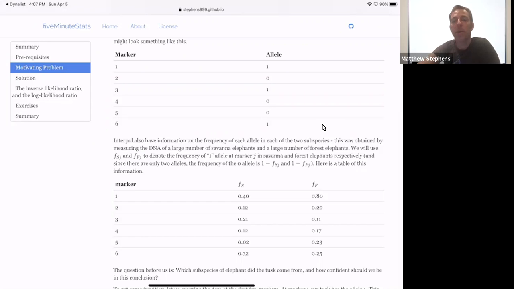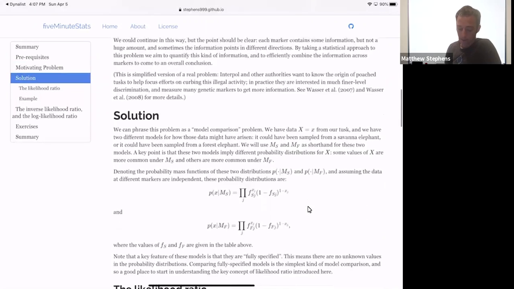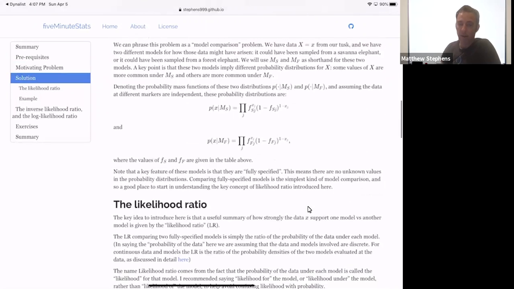So the modeling assumption I'm going to make is that the data at the 6 markers are independent. And that if it came from a savanna elephant, then they will come from these frequencies, whereas if it comes from a forest elephant, it would come from these frequencies. So X here is the data, and MS stands for the model that the elephant is a savanna elephant. And so the probability of the data X